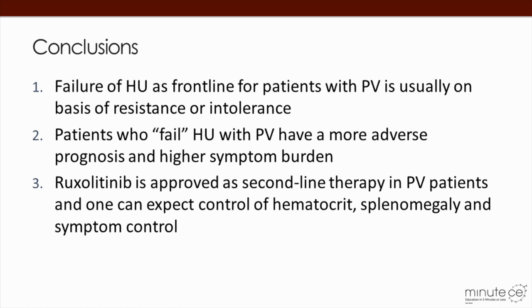Take-home points: 1, failure of hydroxyurea as frontline for patients with PV is usually on the basis of resistance or intolerance. 2, patients who fail hydroxyurea have a more adverse prognosis and higher symptom burden. 3, ruxolitinib is approved as second-line therapy in PV patients, and one can expect control of hematocrit, splenomegaly, and symptom